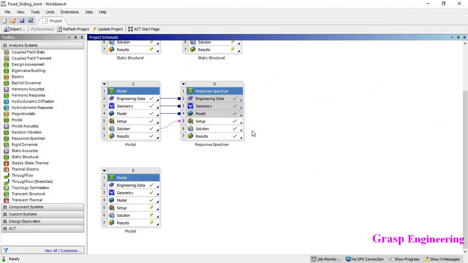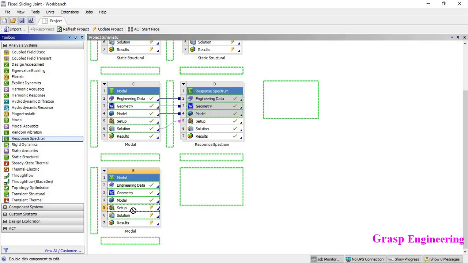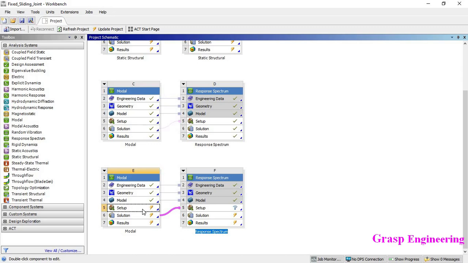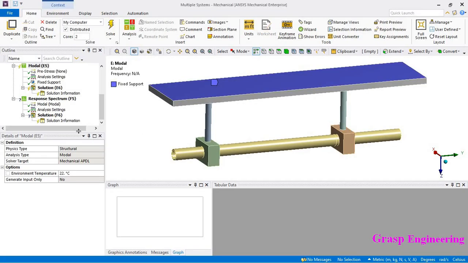Okay, now I already solved this. This is the previous file. Now let's first, you just need to drag your modal analysis, and then you need to drag the response spectrum over here. Now let's go inside the modal analysis.